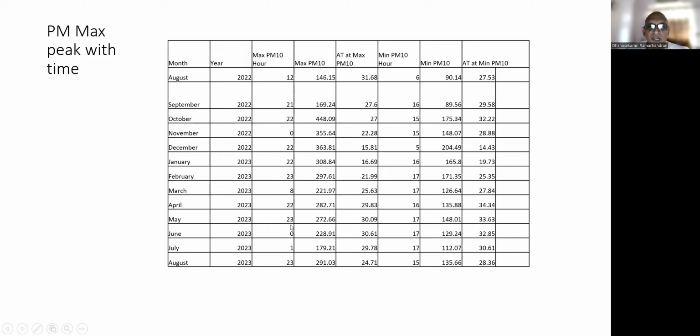So nearly 21 to 24 hours, the maximum peak is reached and the maximum value of PM10 is attained. And the atmospheric temperature with respect to PM10 reaches maximum at these hours. That is more or less in the evening. And the minimum PM10 levels happen at